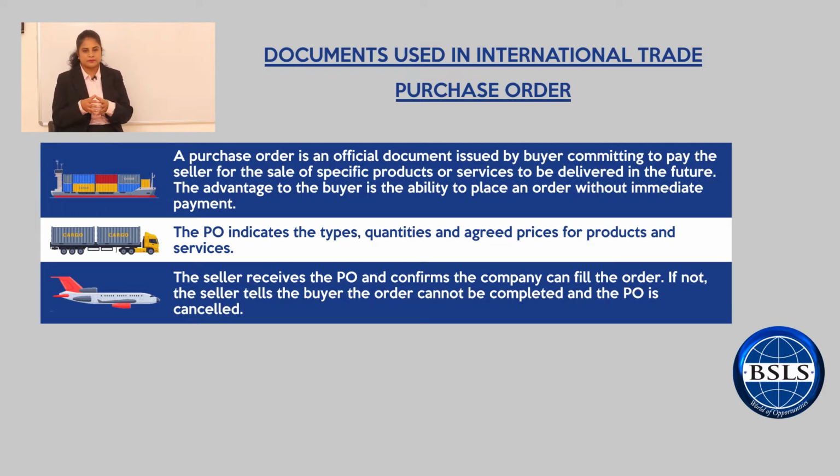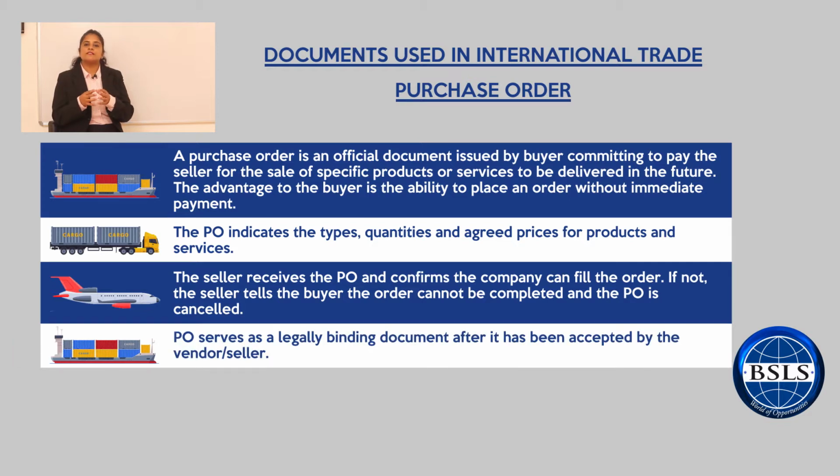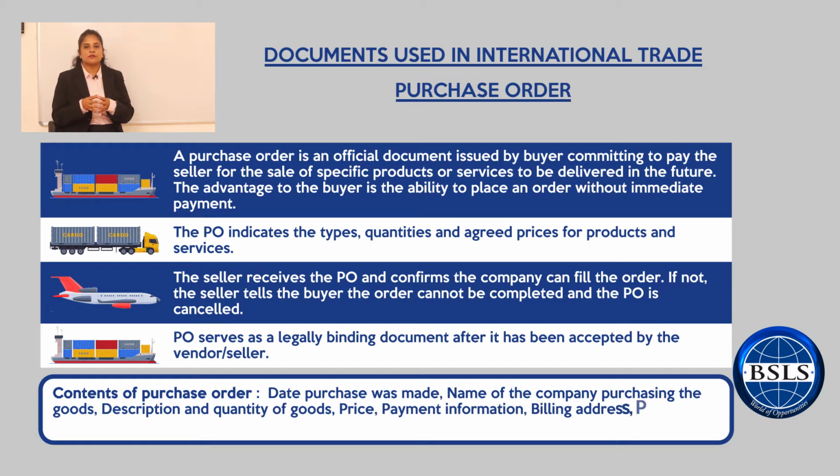On the other hand, a seller, by accepting the purchase order, confirms his commitment to manufacture and ship the products as requested. A purchase order provides visibility to both the buyer and the seller on the expectations of the business transaction. Contents of a purchase order include, but are not limited to, the description of the goods being sold, details of the shipper and the consignee, cost of the goods that are being shipped, terms of shipment, etc.